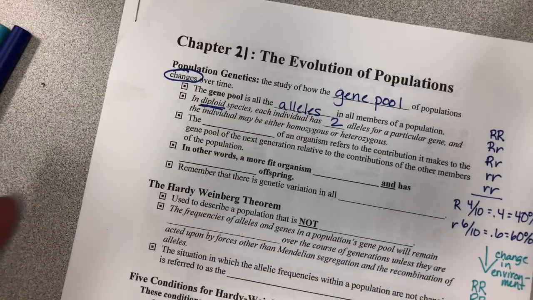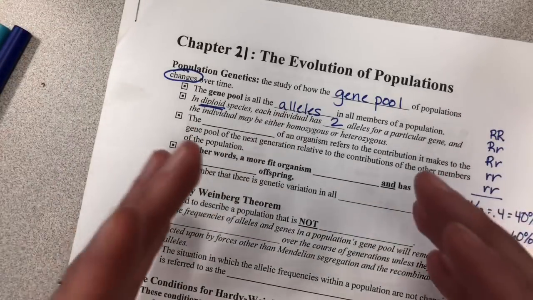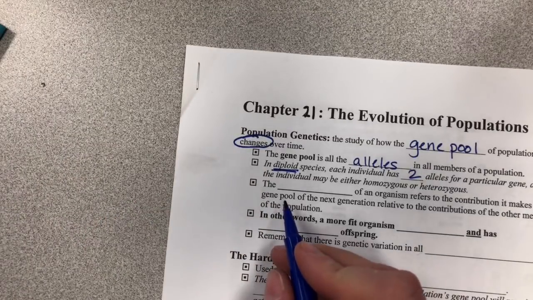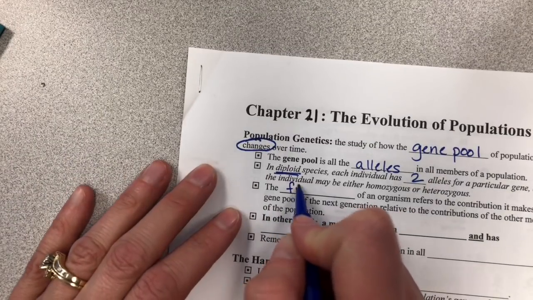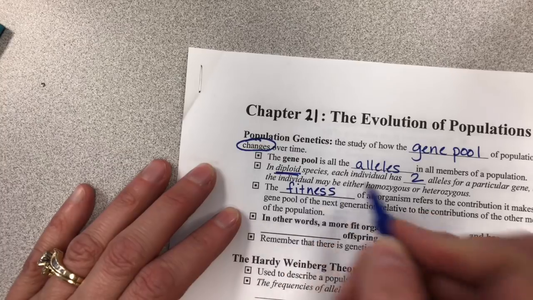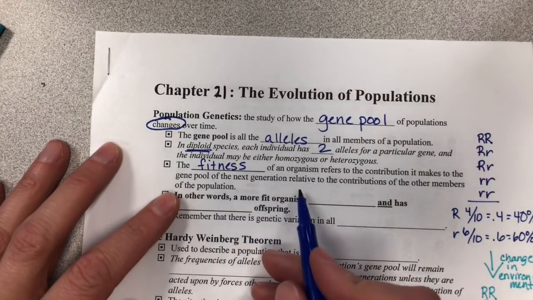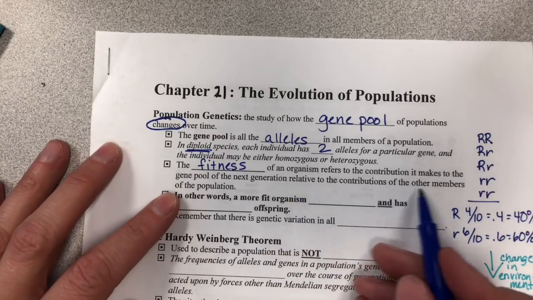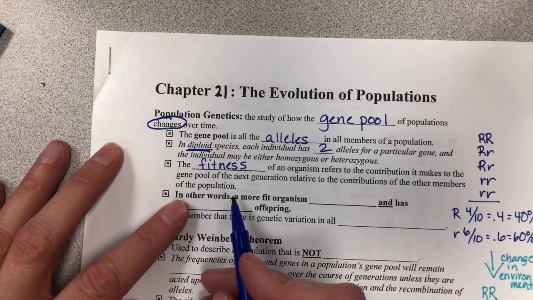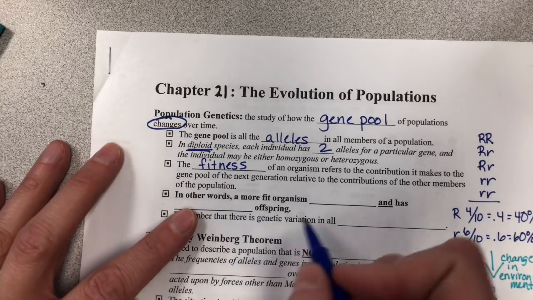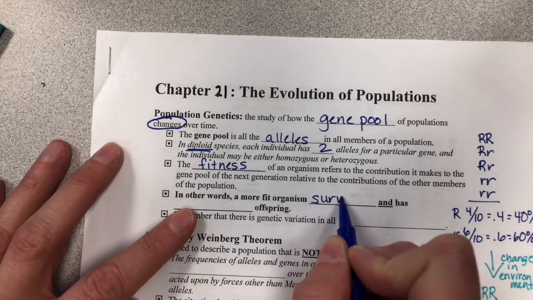A population is a group of organisms that live in the same area at the same time. If we look at the next bullet, we're going to use this word fitness. The fitness of an organism refers to the contribution it makes to the gene pool of the next generation relative to the contributions of other members of the population. So in other words, a more fit organism survives